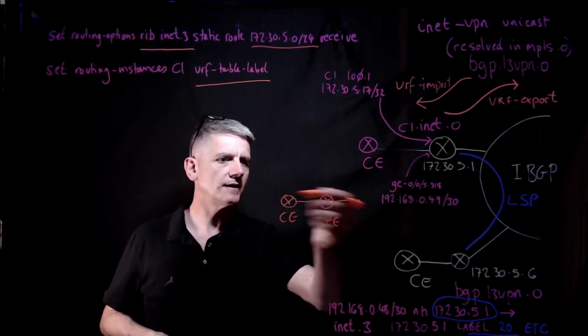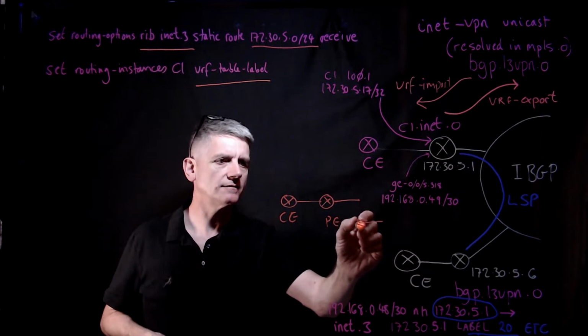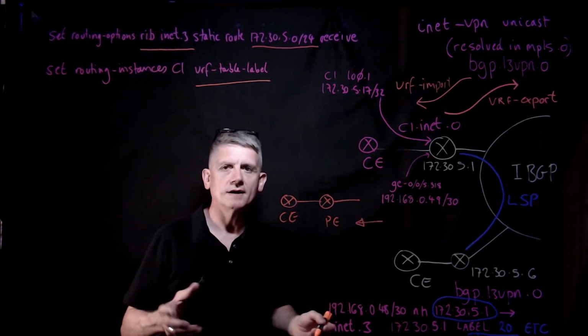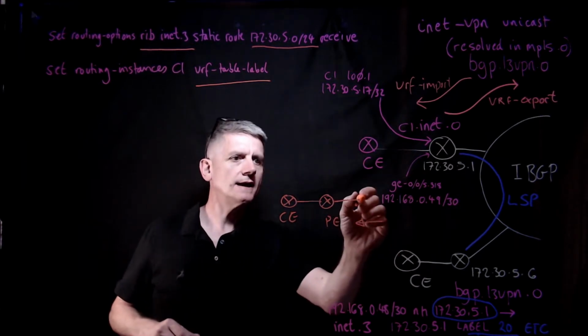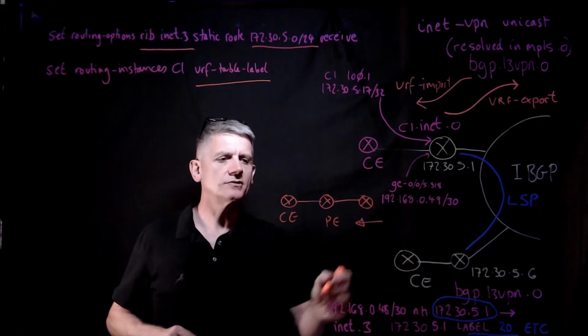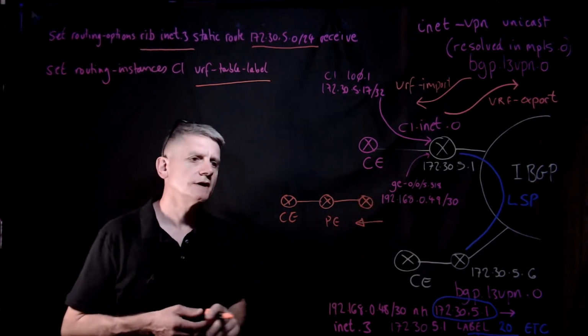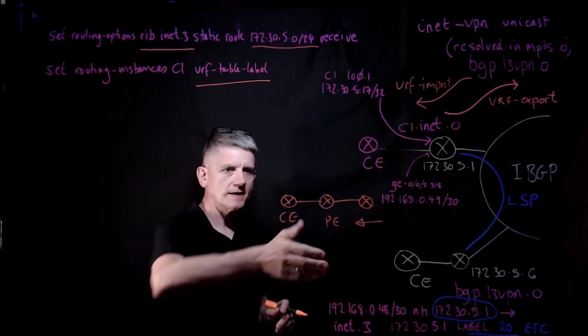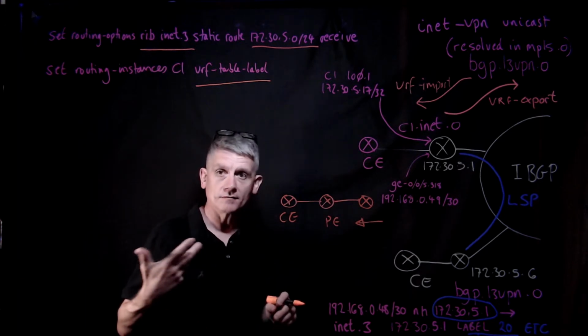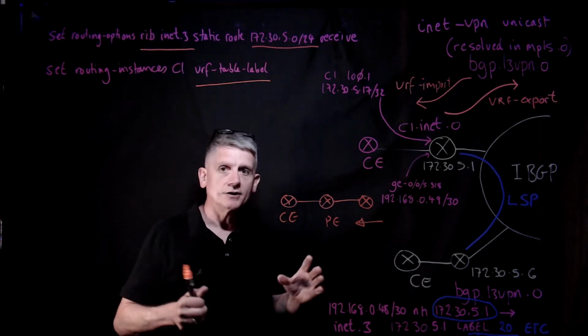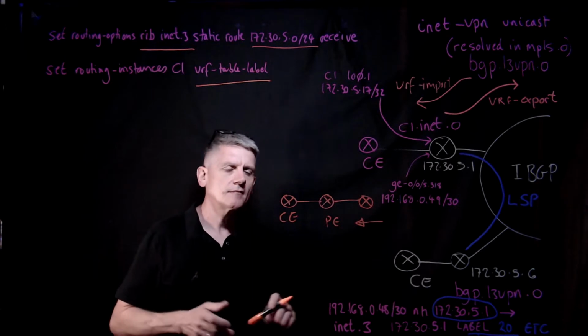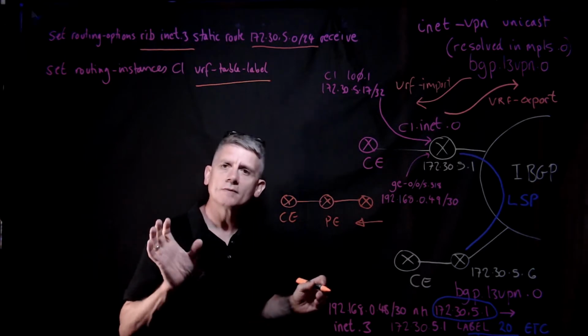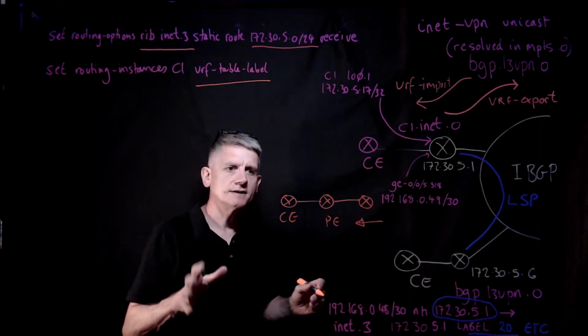Now, as the packet comes this direction from the cloud, with penultimate hop popping, the outer label or the transport label could well have been removed. And as the packet arrives on the PE, if you're running VPNs, you're left with just the inner label. Now, when MPLS was first designed,